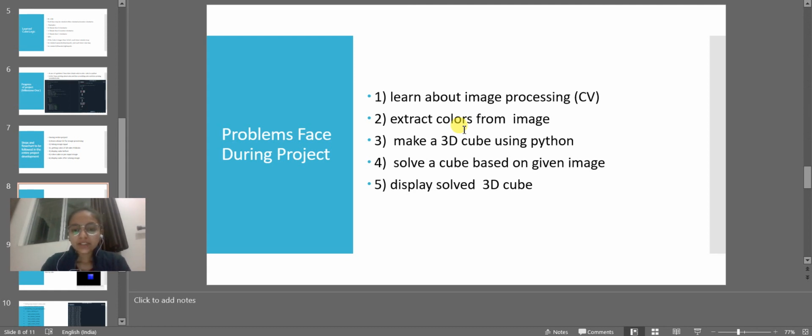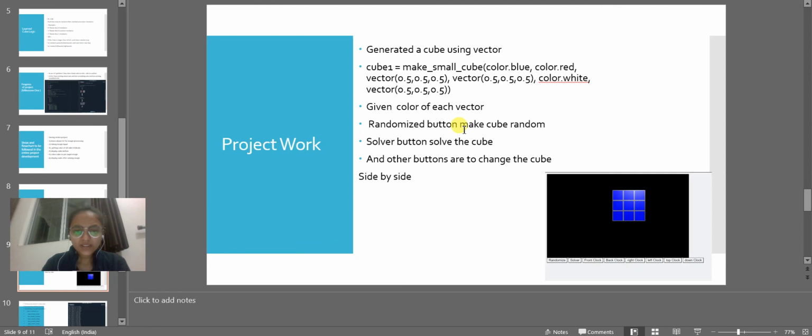Then next is to make a 3D cube using Python. After solving the cube, I need to show the user that the cube was solved, so that is the next phase of the problem I have. Next is to solve the cube based on the given image, and to display a 3D cube so that a user or another person can understand. In that project I generated a cube using vectors in